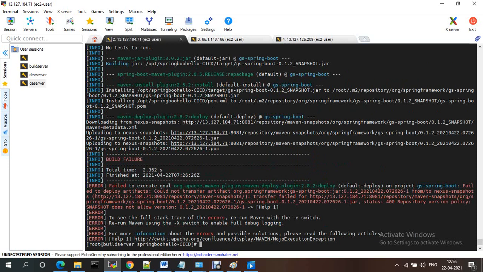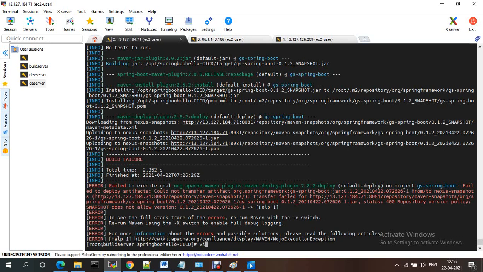So it should fail: failed to deploy artifact, could not transfer Spring Boot from Nexus snapshot. 400 error. So we just need to change the version.